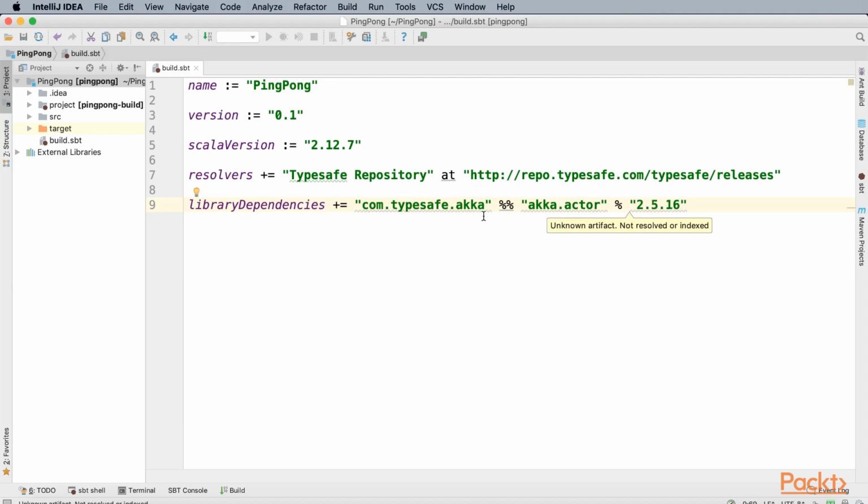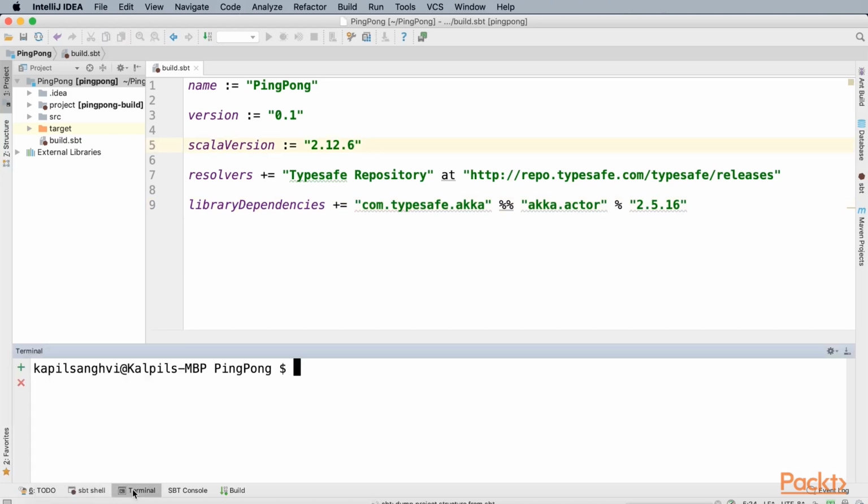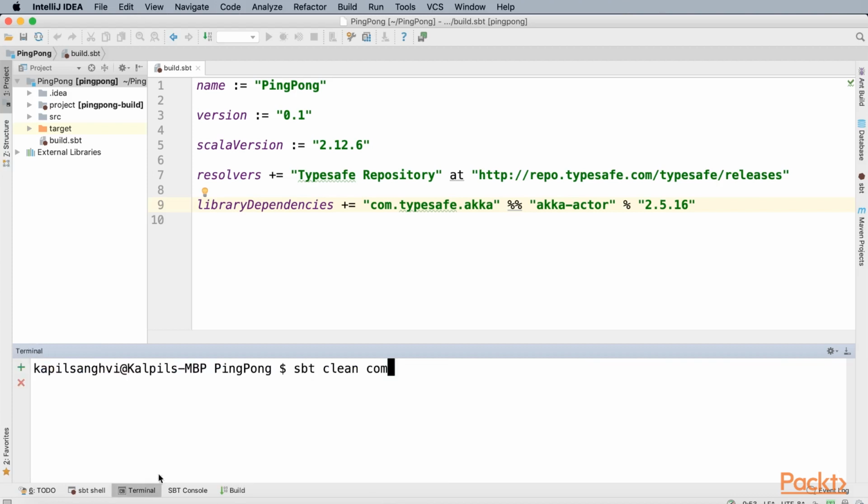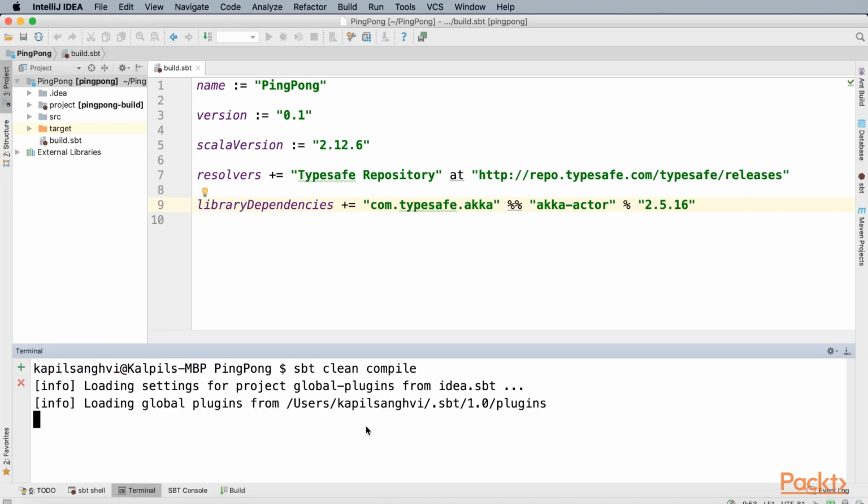Now I'm using the 2.5.16 version of Akka actor from the Typesafe Akka library, which is not compatible with the latest Scala version. So I will use one of the previous ones, 2.12.6, and let's see whether our build.sbt is able to successfully build the project. I will do sbt clean compile,